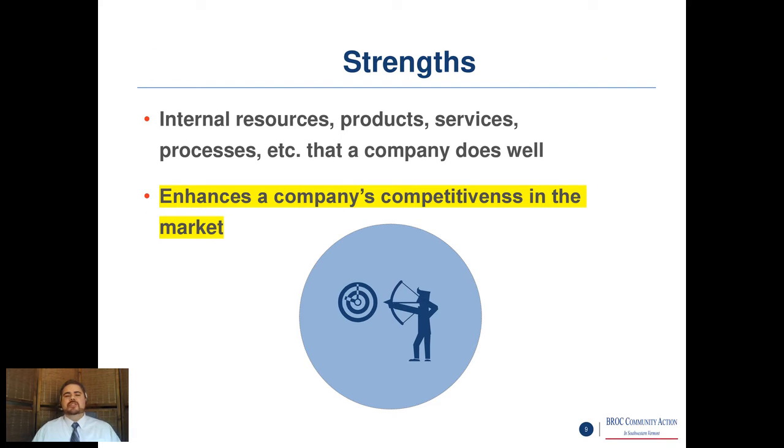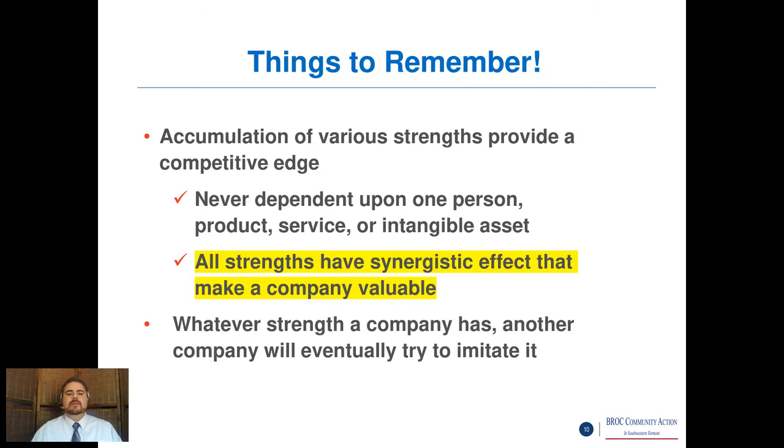So the strengths portion of the SWOT analysis, which again is strengths, weaknesses, opportunities, and threats, is internal resources, products, services, and processes that a company does well, which enhance a company's competitiveness in the market. Each business is going to have individual strengths that vary, but there will be some similarities amongst them. So things to remember about the strengths in the SWOT analysis: accumulation of various strengths provides a competitive